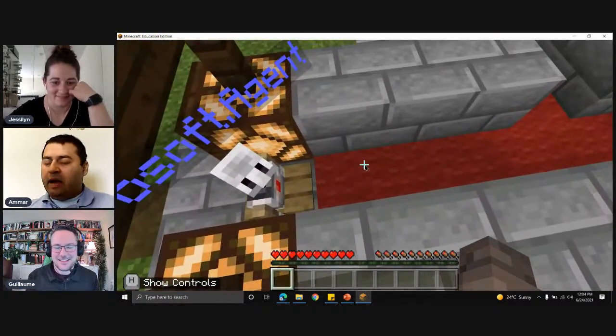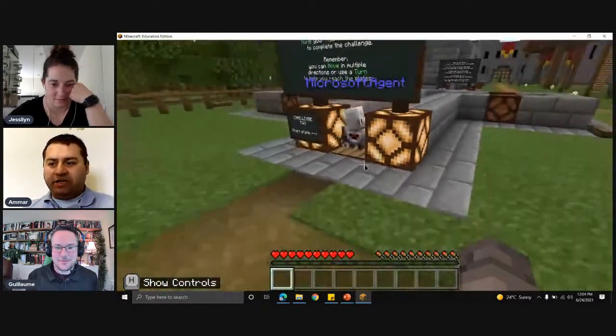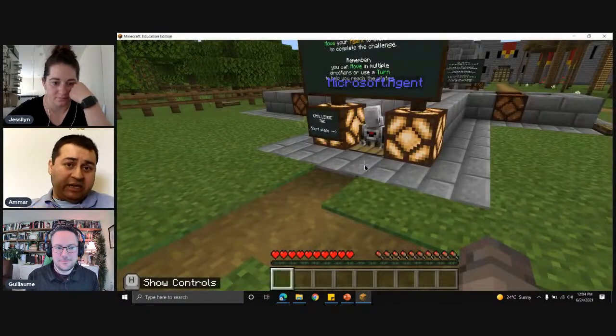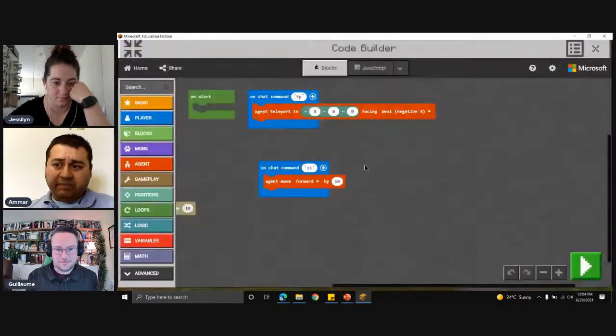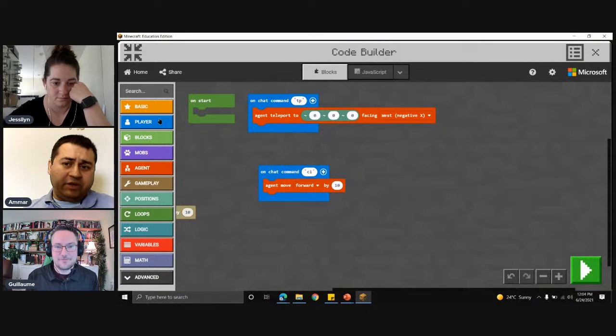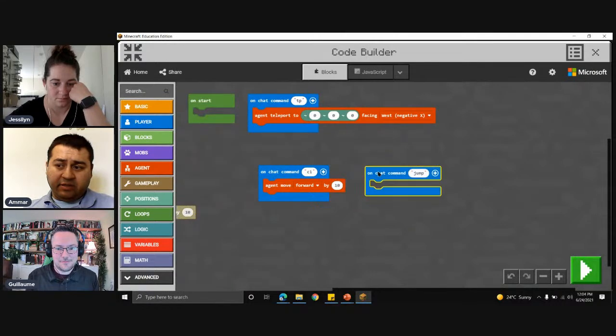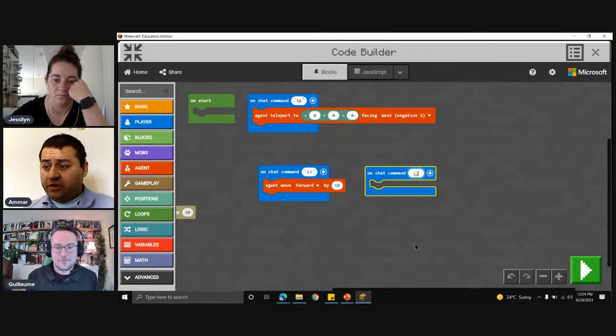Okay. I'm going to break this down into pieces, okay? I know Guillaume said to do this command in one go. I'm going to test it, reset it, and then keep on doing it by adding to it. What I mean is first I'm going to click on the player command and grab on-chat command. Like Guillaume said, I want to keep it nice and short. So I'm going to call this C2. C2 stands for challenge 2.